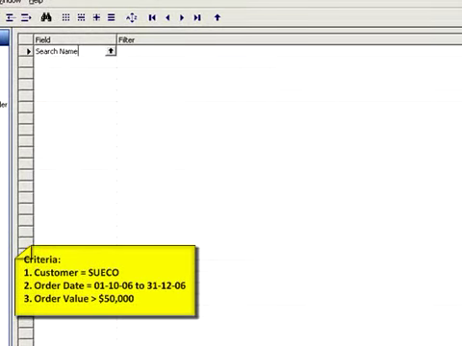After the field is selected, type value under filter column. In this example, Sueco. Please remember the filter is case sensitive. Now on the second row, that is order date. Since I know the field name, I prefer to type instead of searching through the list. And the criteria is 011006